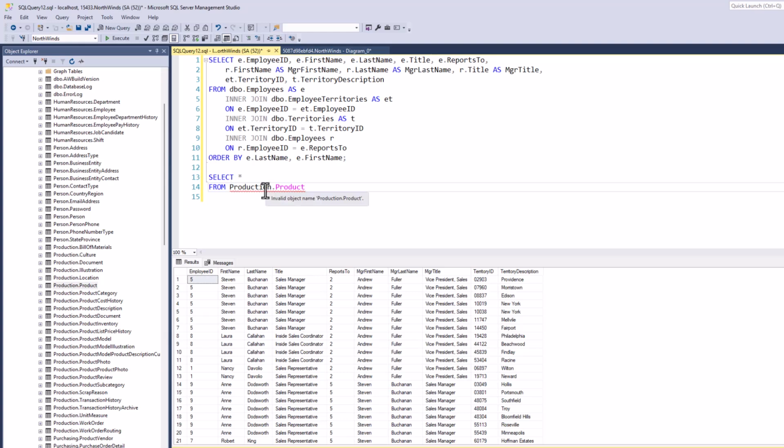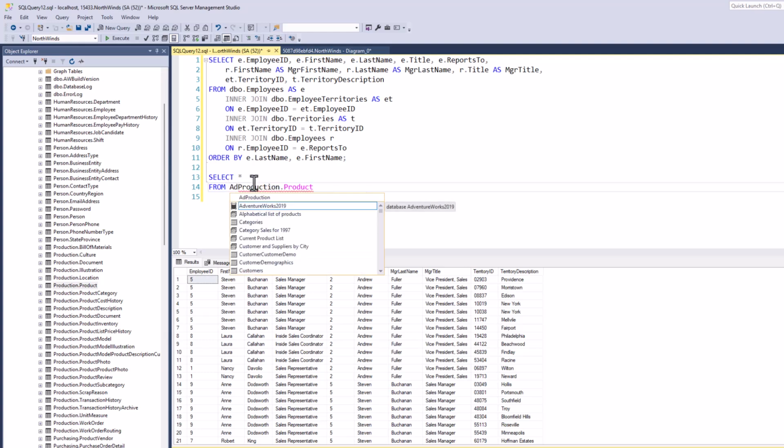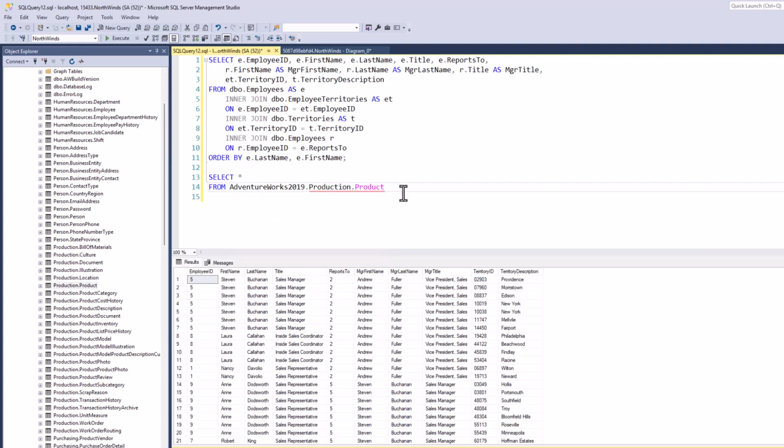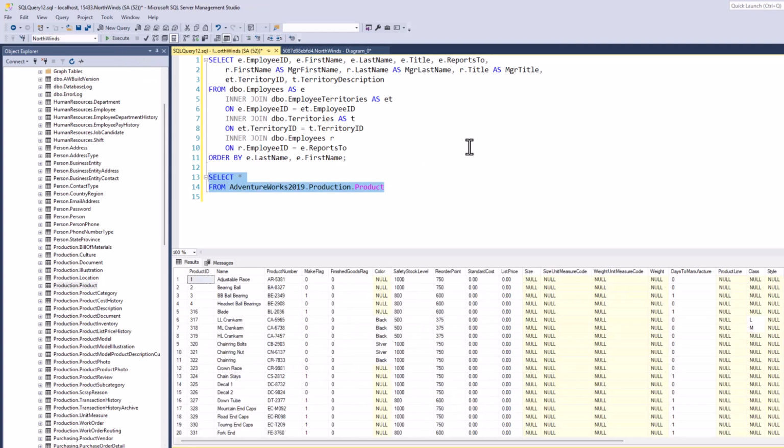It's showing me that it doesn't know what that is. It's invalid. Now, if I go ahead and add AdventureWorks before that, and I think I'm going to type it out, it's going to resolve that table name, and I should be able to execute against that.